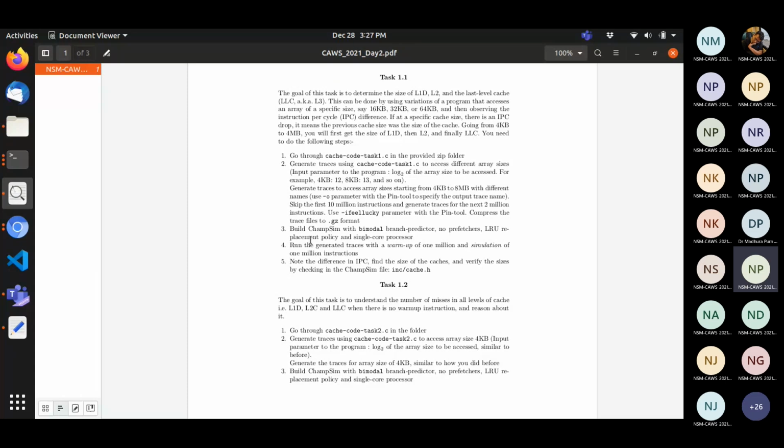Hello. Yes, I have shared a screenshot. I am getting an error: unable to load chamsim_tracer.so. I think Devashish will help you with that. So you're not able to generate the traces itself, right? Yes, but previously I generated them for hello world with the same command. Then that will work for this program also.